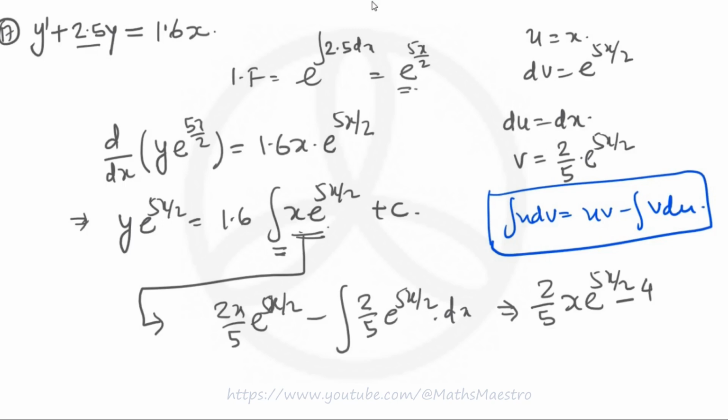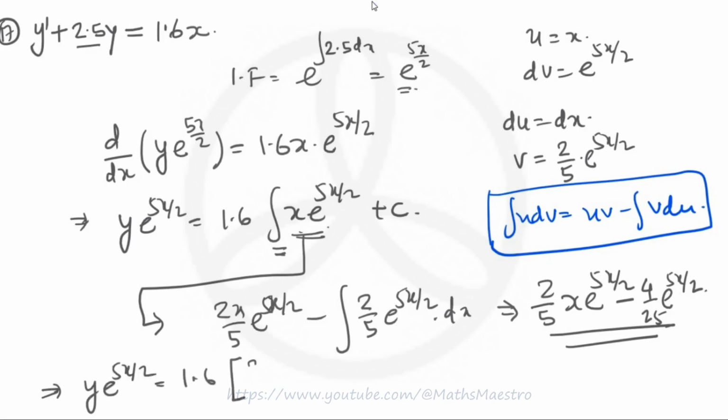So I write it directly as 4/25 e to the power 5x/2. Okay, this will be the value of this one. Therefore, our solution will be 1.6 and 2.5